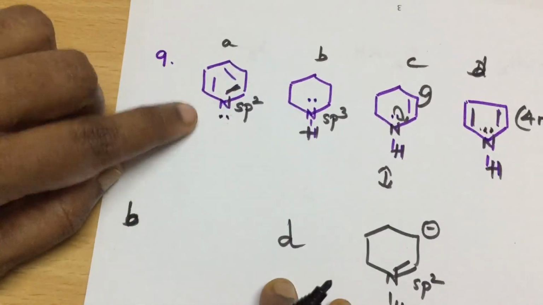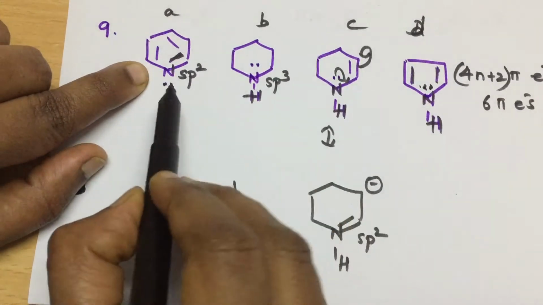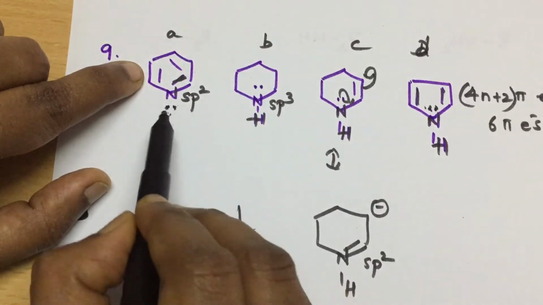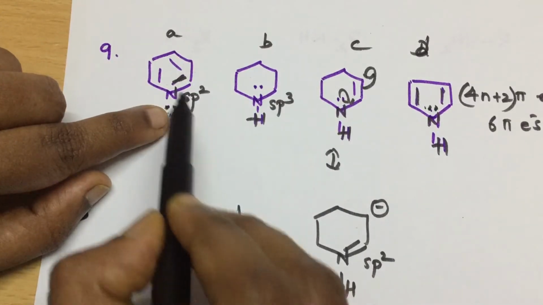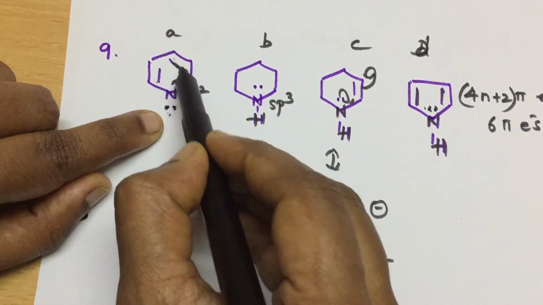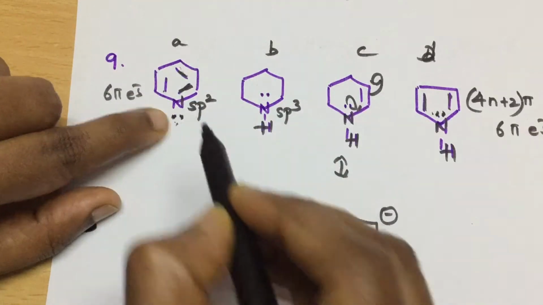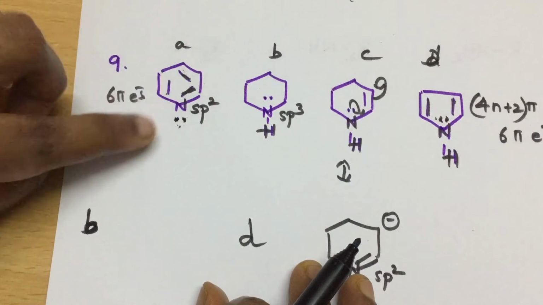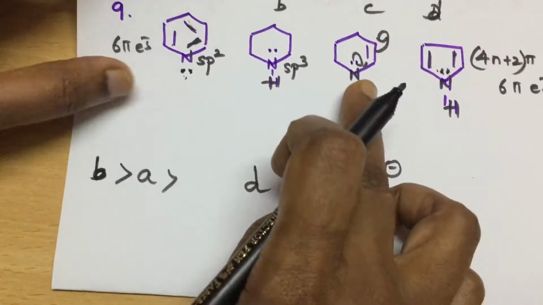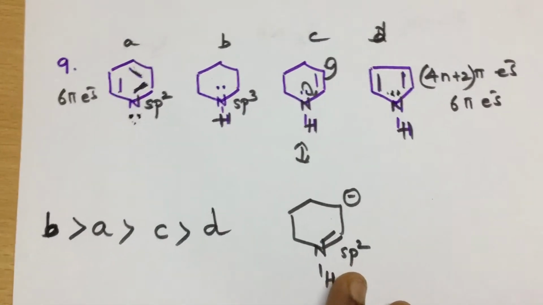So when we compare this structure and this structure, this sp2 nitrogen's lone pair is not part of the aromatic group. See, apart from this, I am not including this electron. Without including it, I already have 1 2 3 4 5 6, 6 pi electrons. So these two electrons are not part of the aromatic system, so they are available for donation. Okay, so next comes your A and next comes your C, because the electrons are involved in resonance. Like this you have to differentiate and write.